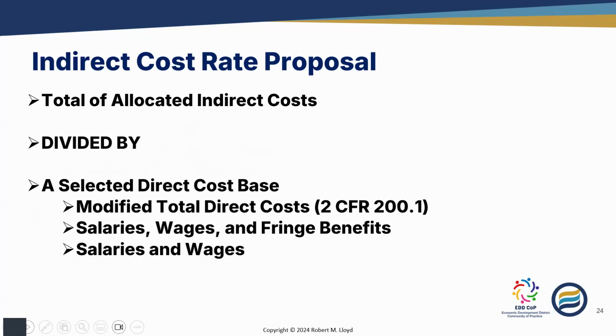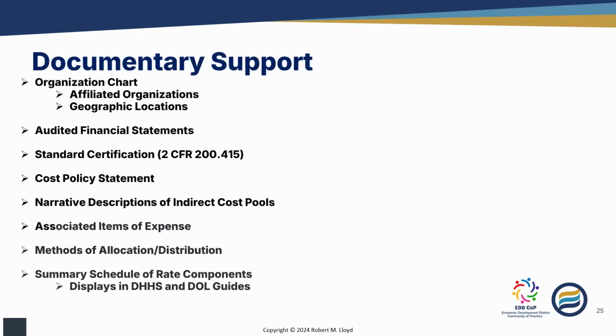Now, this is one of the reasons why having your most recent single audit accomplished creates reliable information that can be used by the cognizant agency to determine whether the estimates you're making about future indirect costs are accurate. There's a standard certification that has to be presented. And those of you who are familiar with the standard form 425 federal financial report, which is used for claims related to non-construction grants, will probably be familiar with the kind of language that shows up in this certification.